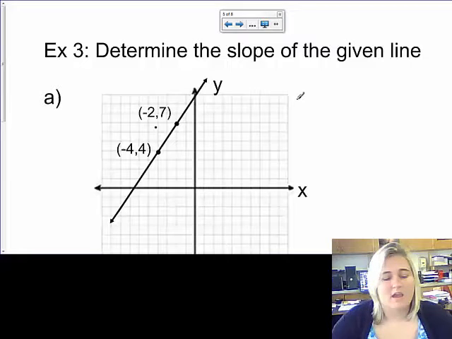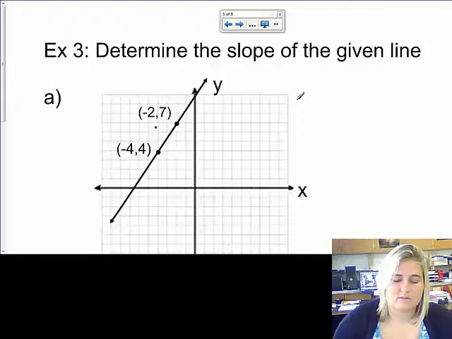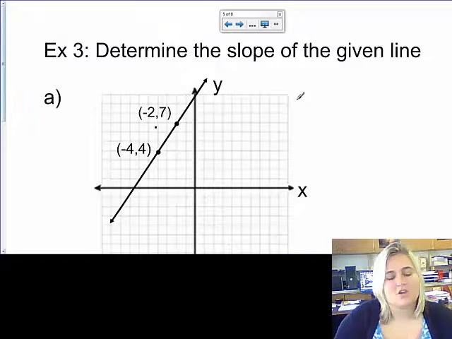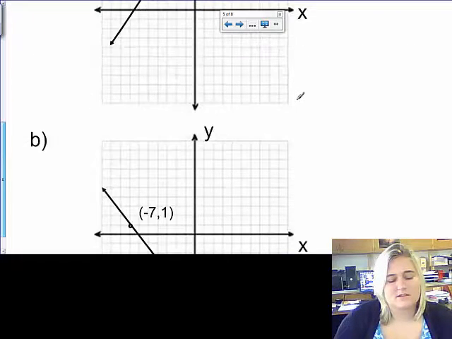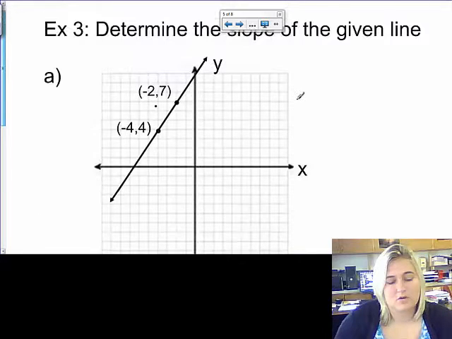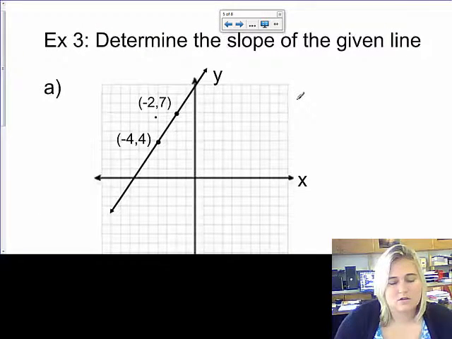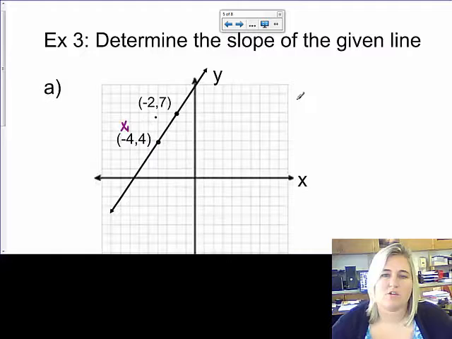It says determine the slope of the given line. And they've given us, once again, a graph here. They've given us 2 points to work with. And they tell us the coordinates. This point's not supposed to be there, so please ignore it. Okay? So I'm going to say that this is x sub 1, y sub 1, and x sub 2, y sub 2,